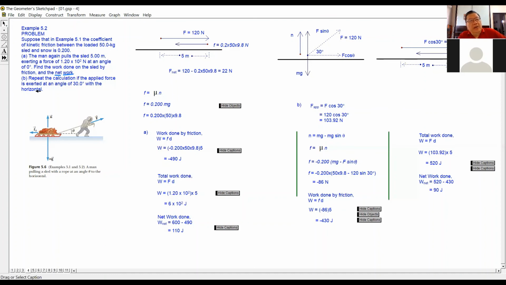Okay, now we have a second case. The second case is exactly like the diagram here. The force is not horizontal. This blue arrow here is acting at an angle of 30